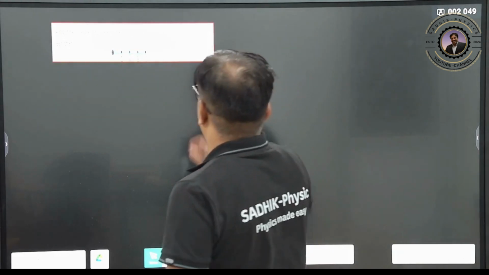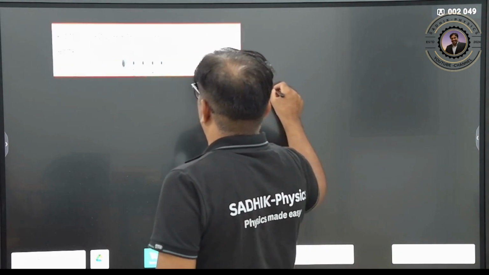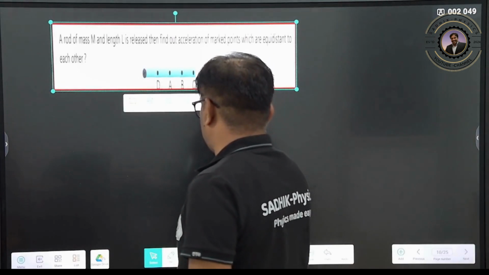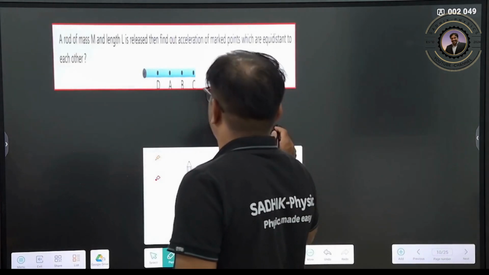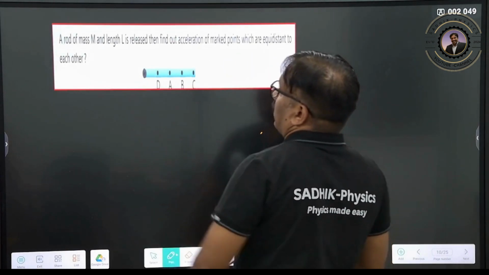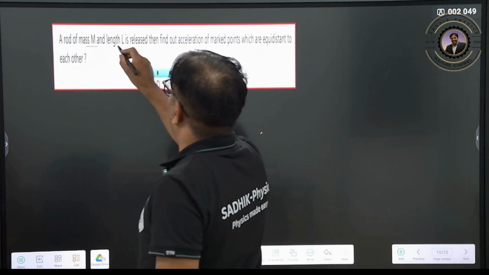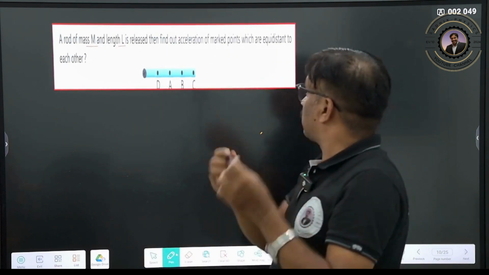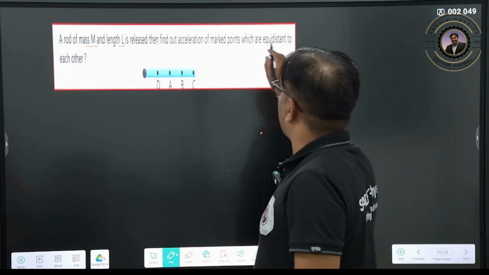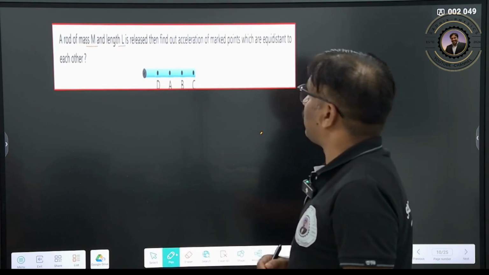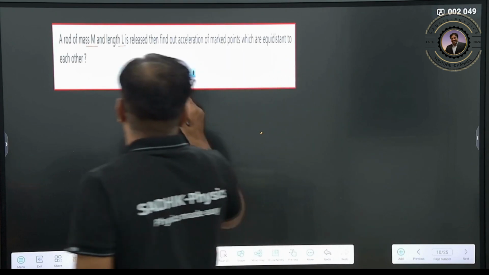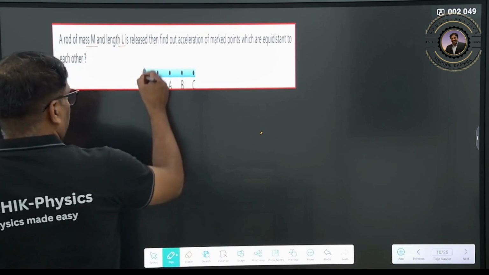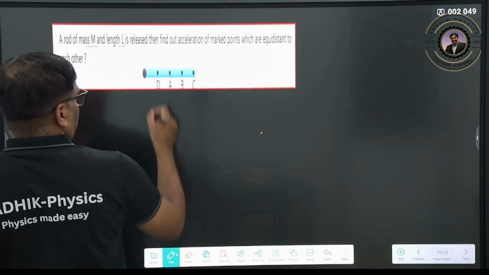Now, let us see here. Therefore, this is the same type of question. This also has one rod of mass m and length L, which is released. So, again it is released. Find out the acceleration of the marked points which are equidistant from each other, like this is D, these all are equidistant. Equidistant means what? Total length is about